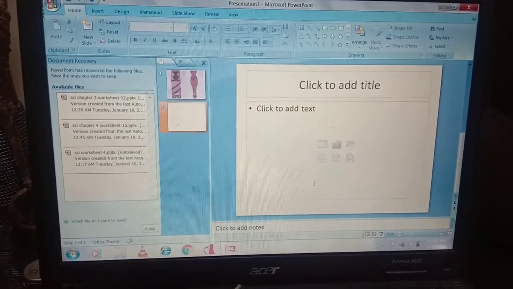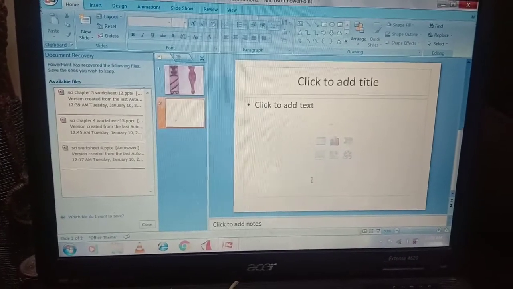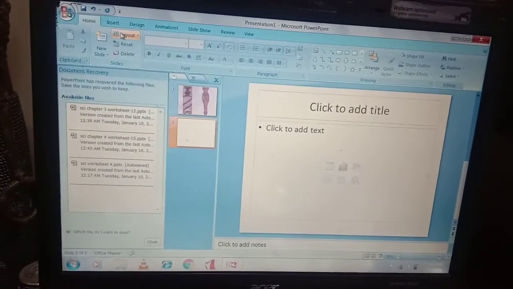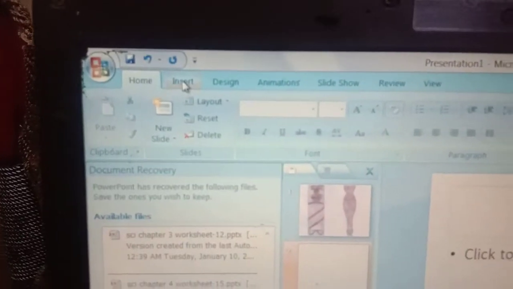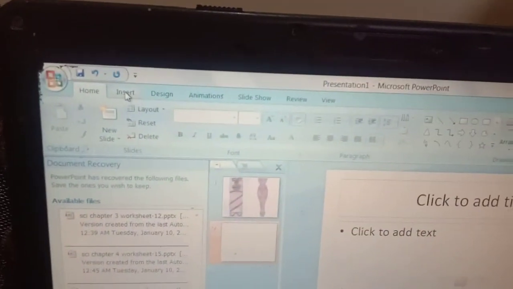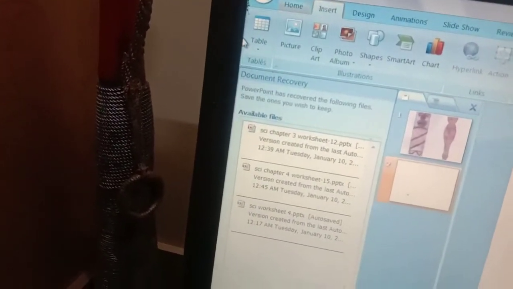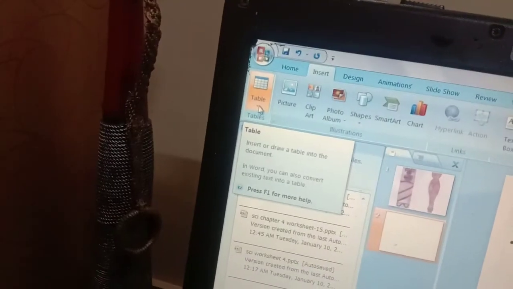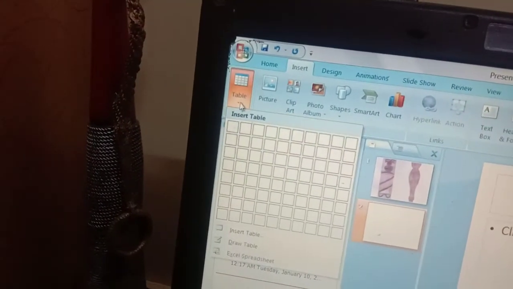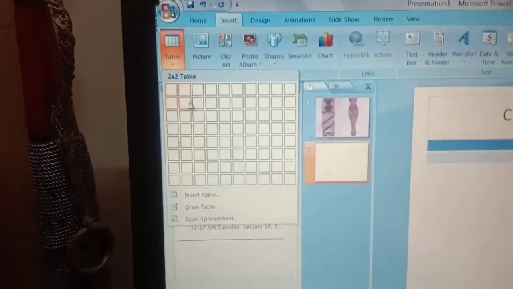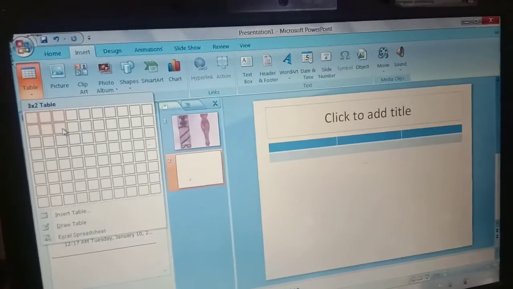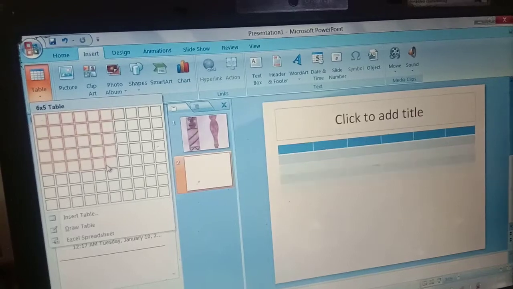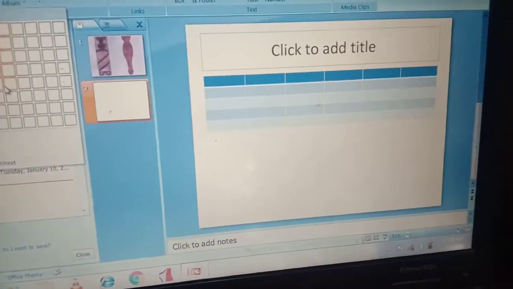So students, let me show you how to add a table in your presentation. For this, you have to click on the Insert tab. Can you see this? This is the Insert tab. So I will click on this Insert tab, and then there is the Table option. Can you see this? The Table option is there. I will click on the Table option. Either I can select the table from here. Can you see this? When I am dragging the table like this, it is also appearing in our slide.